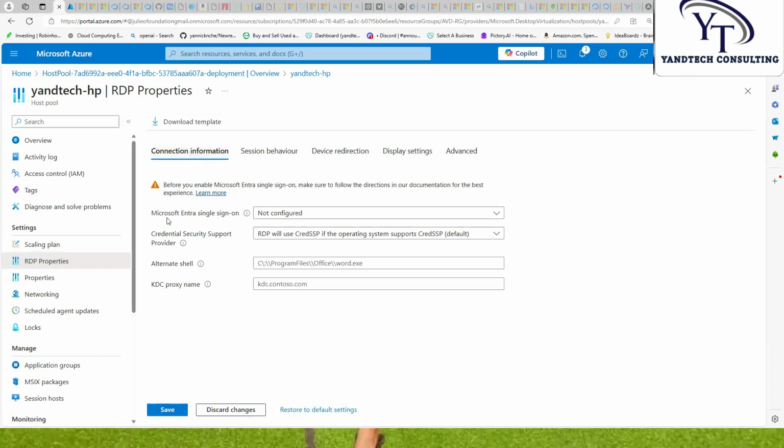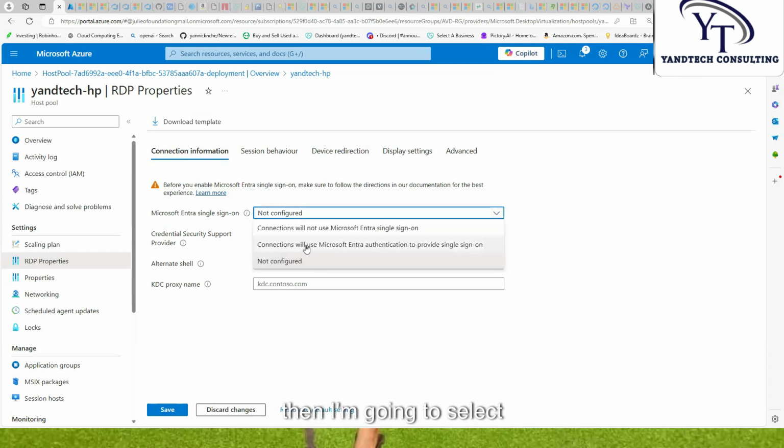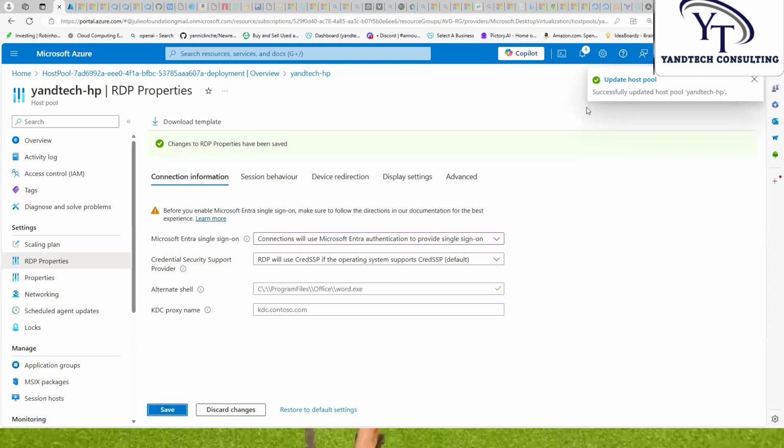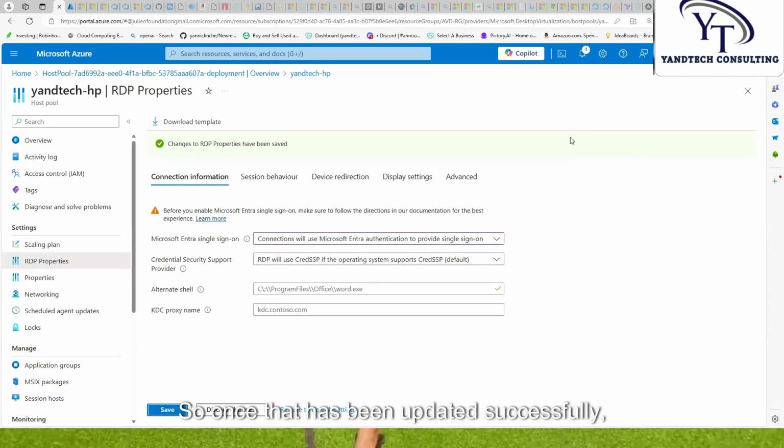If you look at the Microsoft Entra single sign-on, you see it's showing not configured. So we are going to configure. I'm going to click on the drop arrow. Then I'm going to select the second option that says connection will use Microsoft Entra authentication to provide single sign-on. Then I'm going to click on change. I'm going to click on save to save the changes. So once that has been updated successfully,